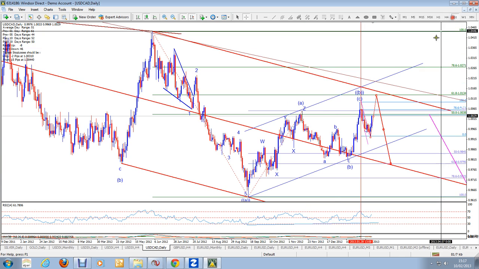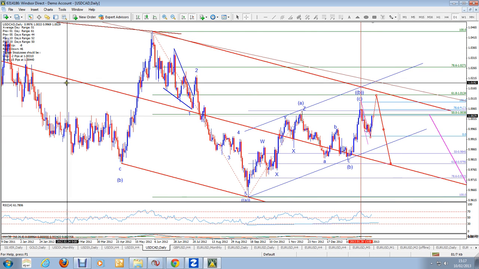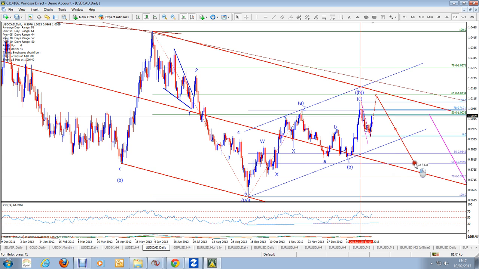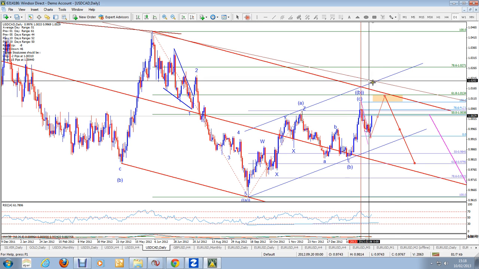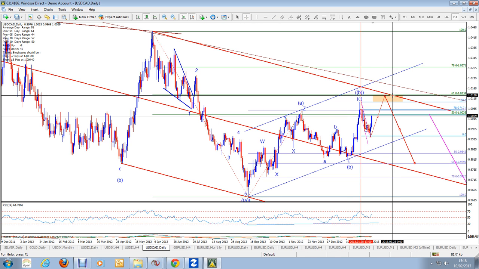And if you look at it in the longer term, you have this red pitchfork declining, so it's quite possible that dollar Canada could continue to move up, and actually form a very good hit on the upper parallel of the declining pitchfork, and that would give us an opportunity to short on a longer term basis. And I think that will probably line up once the dollar is finished doing the flat correction we talked about,